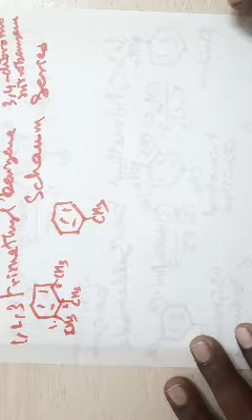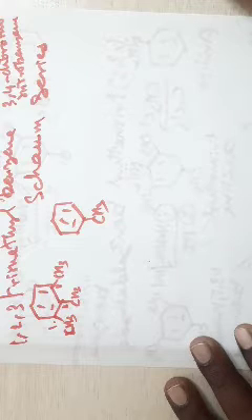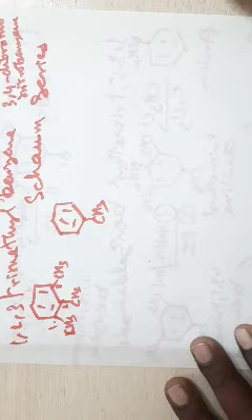Toluene will be converted into 1,4-dimethylbenzene. 1,4-dimethylbenzene is called para-xylene. You should avoid the formation of para-xylene and you should get ortho-xylene only. If it is further methylated, you will get 1,2,3-trimethylbenzene.